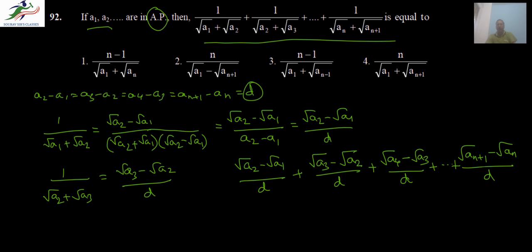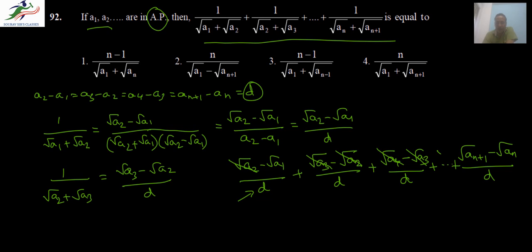So this would be the expression. Now in this we have the denominator d common, so we can cancel out the positive and negative terms. So a2 gets cancelled with a2, a3 will get cancelled with a3, a4 will get cancelled with a4 here,